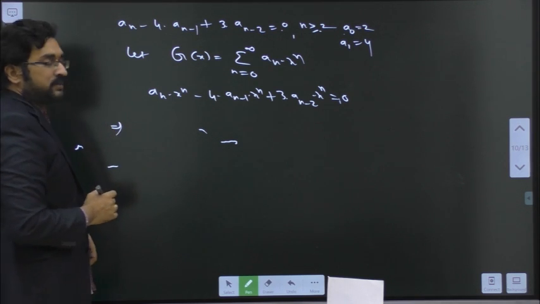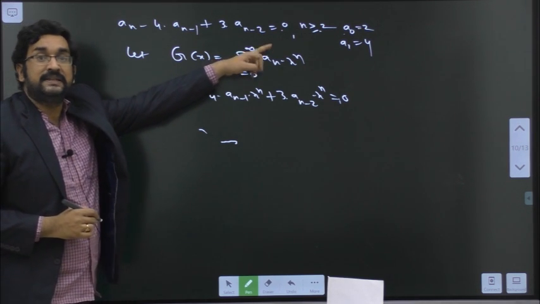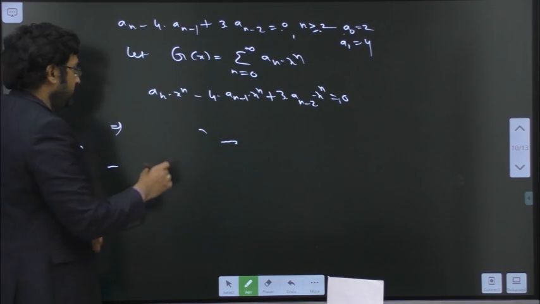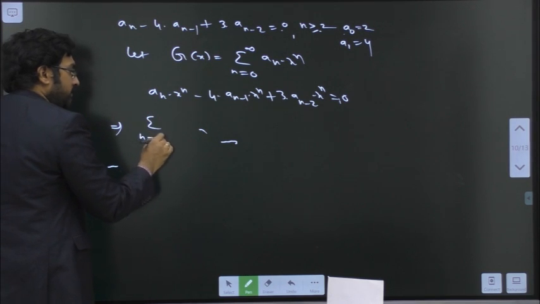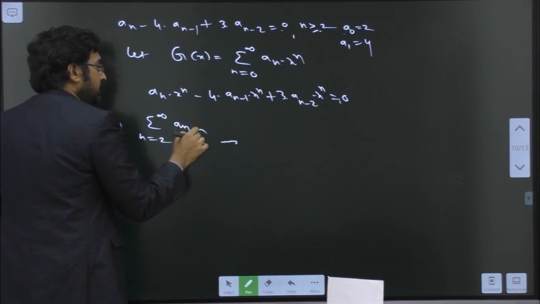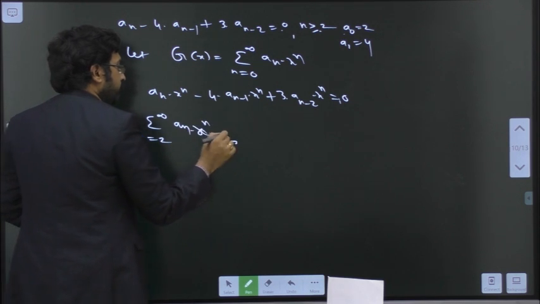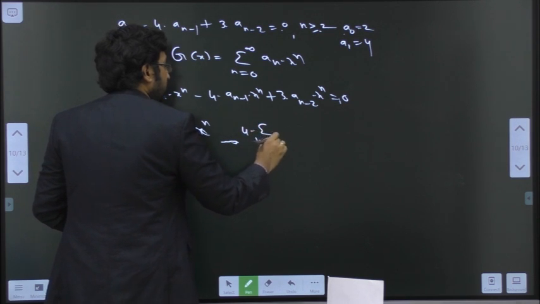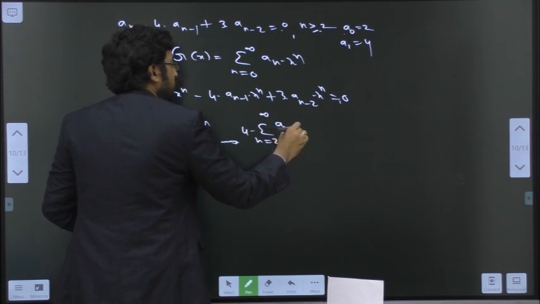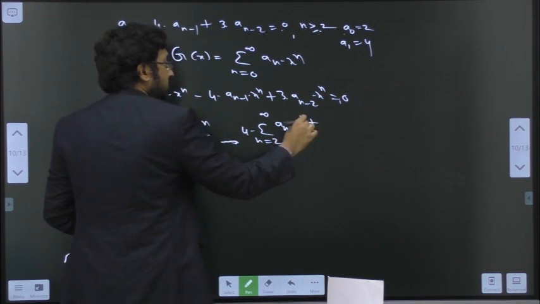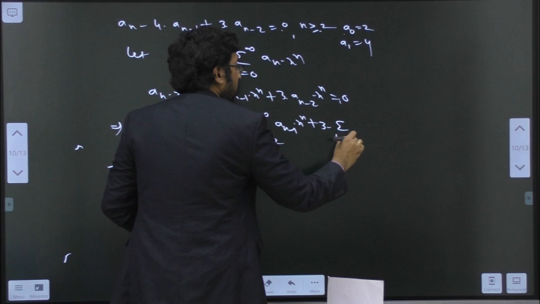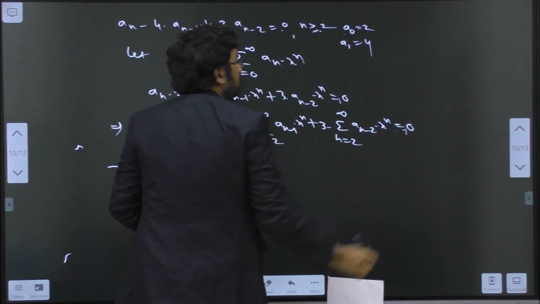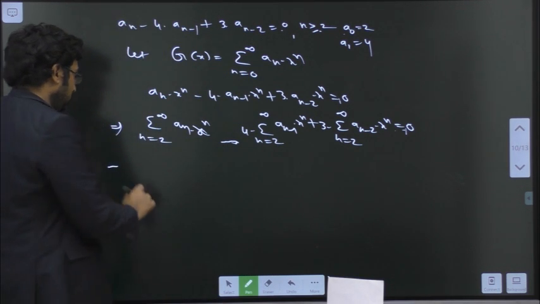Now take summation on both sides. Here condition given is n greater than or equal to 2. So summation limits should start from 2. So we can write sigma n equal to 2 to infinity a n into x power n minus 4 into sigma n equal 2 to infinity a n minus 1 into x power n plus 3 into sigma n equal 2 to infinity a n minus 2 into x power n equal 0. That implies